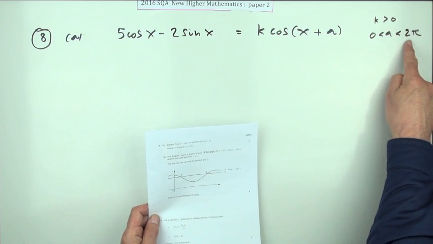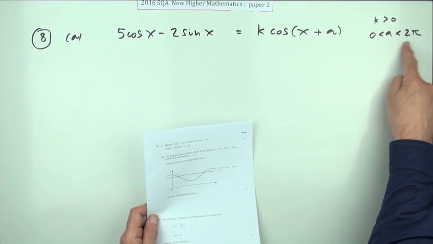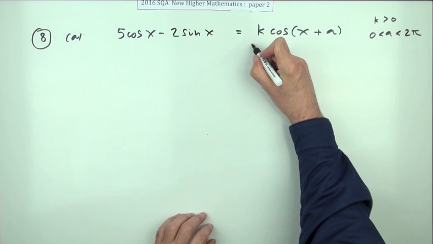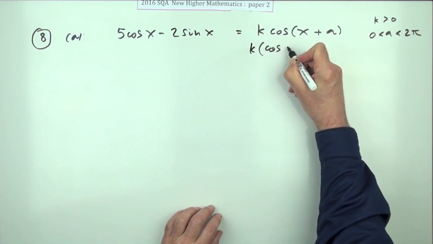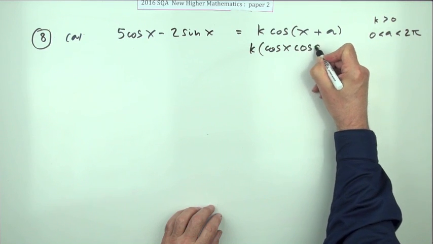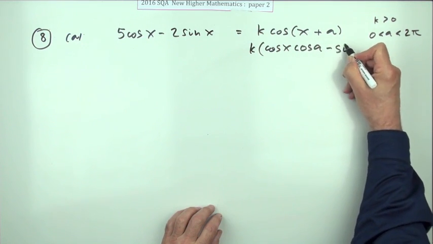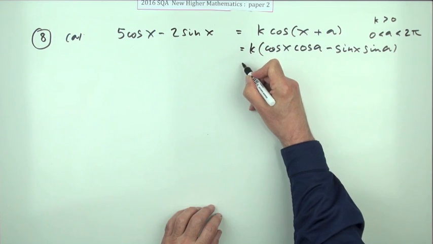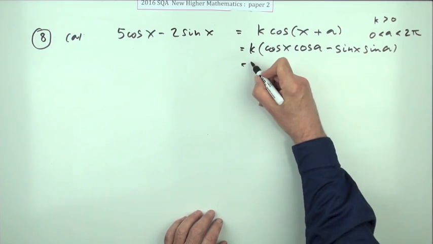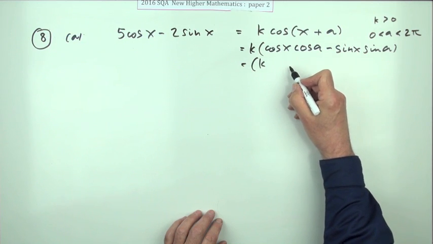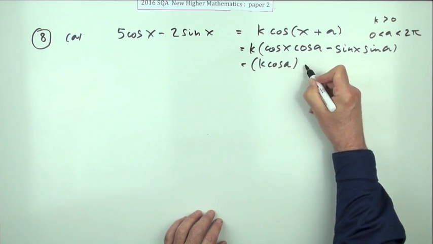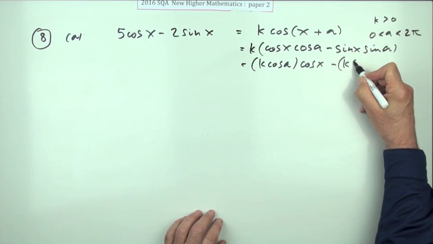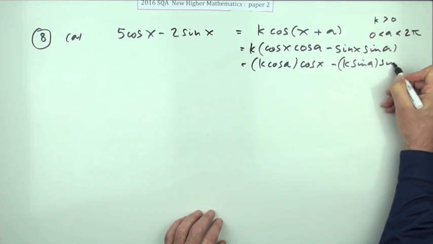Notice A, apart from telling you it's radians, doesn't give you any clue at all about A. That virtually says A could be anything. So expanding this, that would be k times cos x cos A, but minus sine x sine A. I think I'll just take time to specify exactly what the coefficient is. The k cos A is the coefficient of cos x, and the k sine A is the coefficient of sine